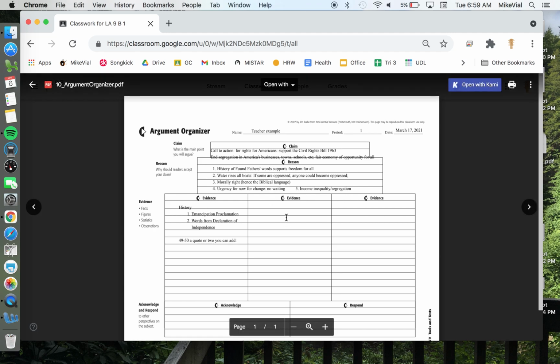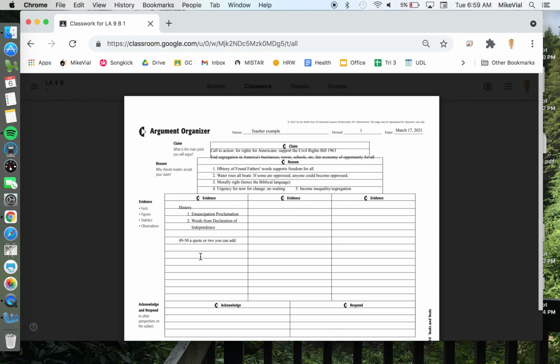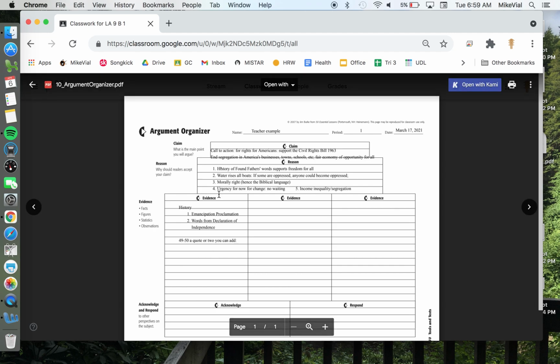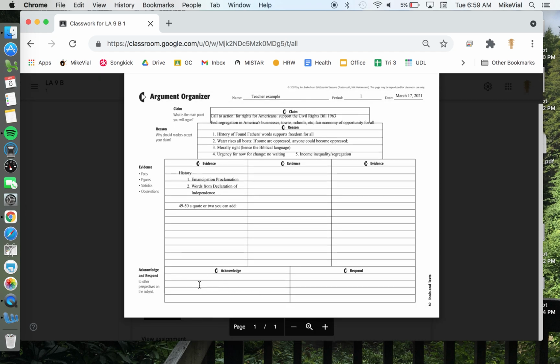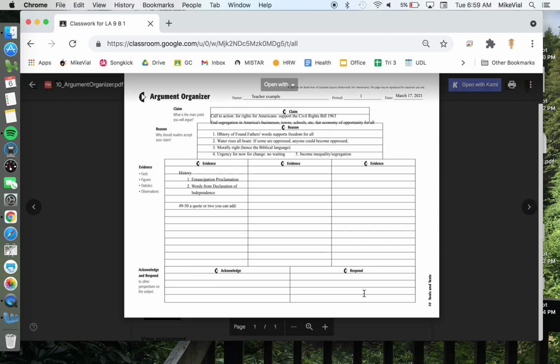And then you start coming up with your own evidence. This is you being a creative writer. You can create a story about your character. You can state things that they have done in their jobs that make them qualified. You can discuss, and you must discuss, a downside of your character. If your character's old, you might want to spin that and say, well, people who are old might not be able to live that long on the compound, but maybe their experience is more valuable than years of living there. Think about it. So acknowledge a downside and then respond.